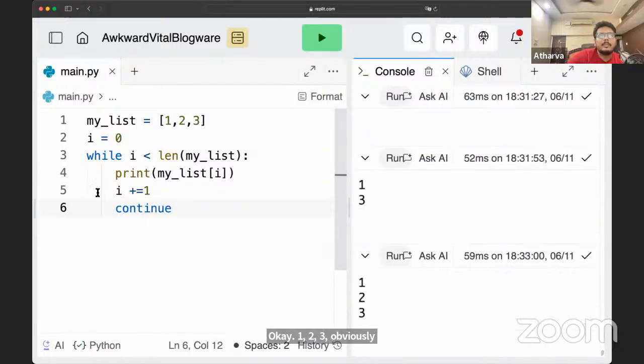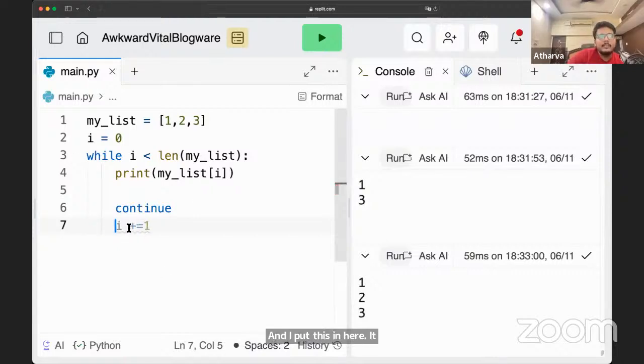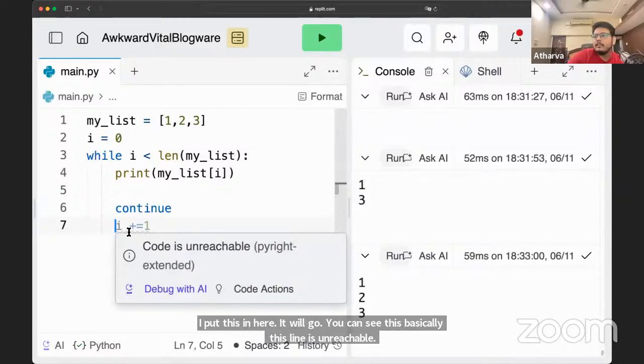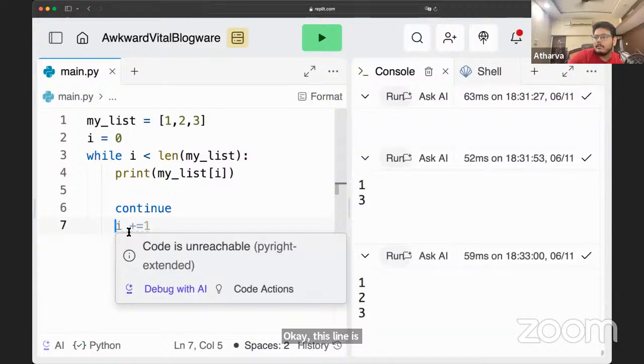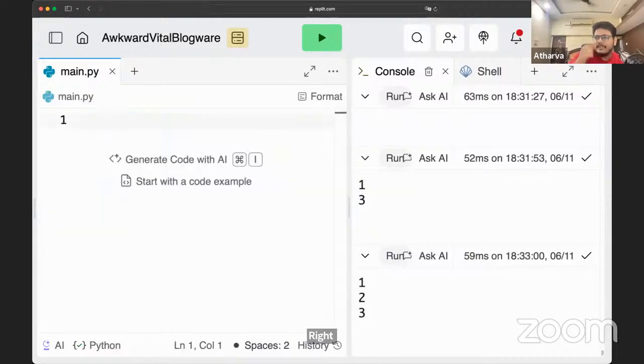Obviously nothing is happening with continue here, but if I put continue here and put a print in here, you can see this line is unreachable, right? So that's it about our if-else and so on.